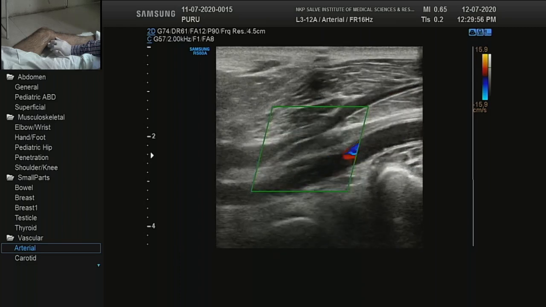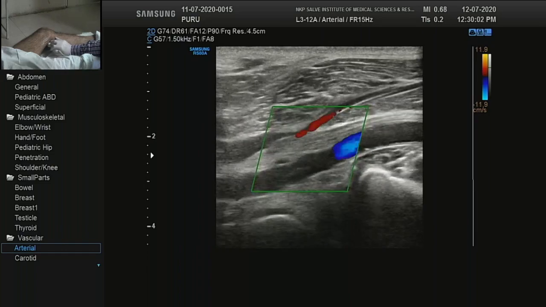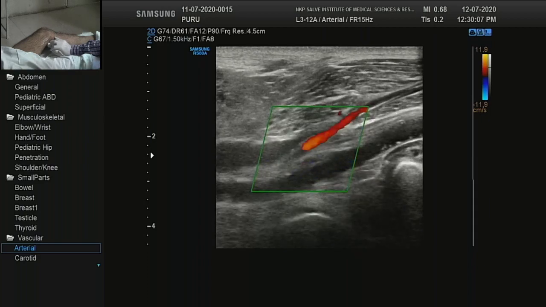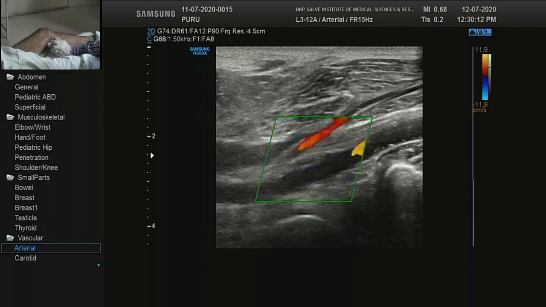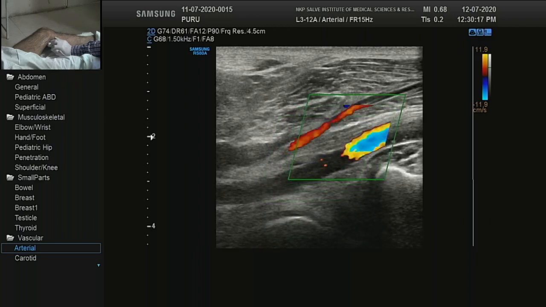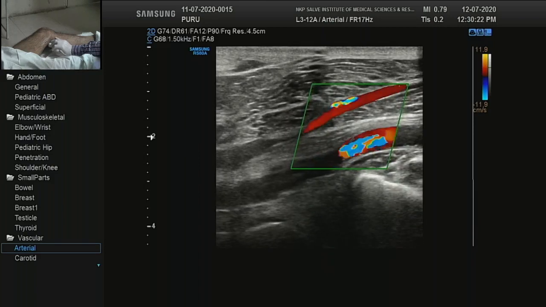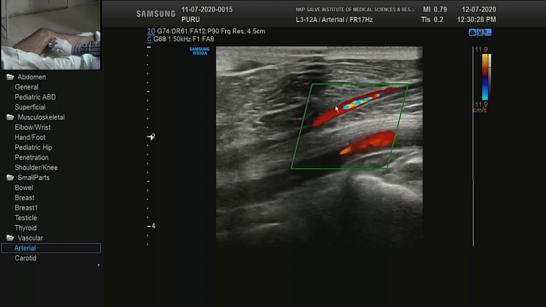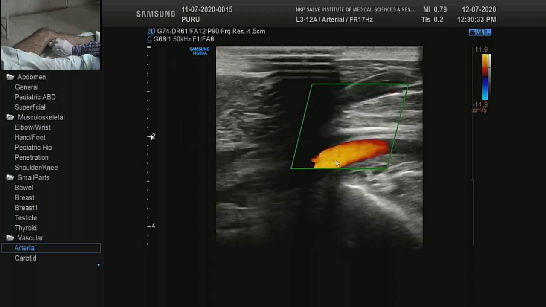and popliteal artery gives off to the anterior tibial artery here. So that is the anterior tibial artery coming out. You can see that. Anterior tibial artery and vein. All the major peripheral arteries will be accompanied by the vein. You can see that this is anterior tibial artery and this is the tibial vein, this is posterior tibial artery, and vein should be anterior to that.